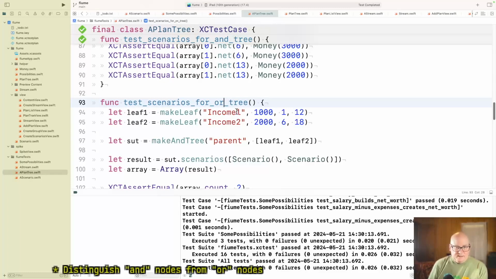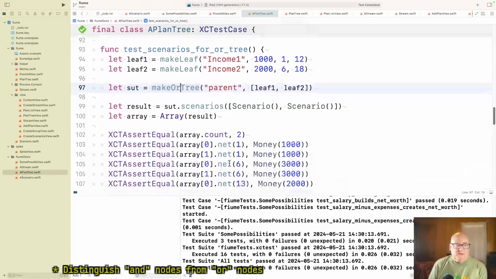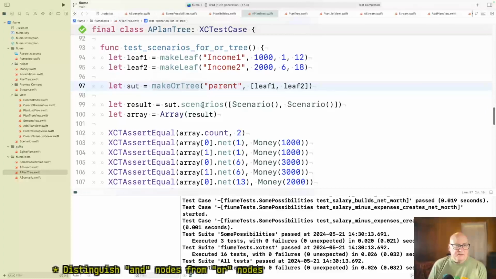Okay. So if I make a leaf and I've got income 1 and income 2, totally disjoint situations. Am I going to take job 1 or job 2? I make an OR tree with those 2 children, and the result is that builds the tree, and then if I ask it for the scenarios, I'm going to give it 1 scenario.